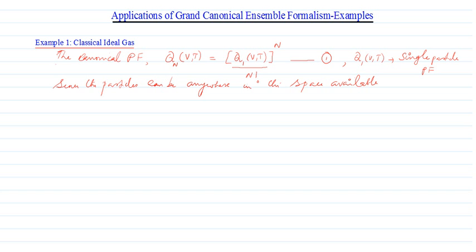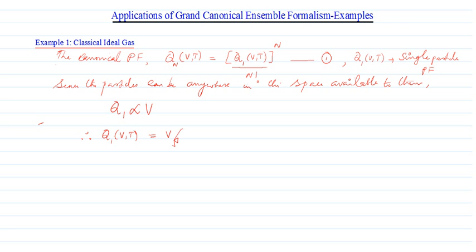So available to them, we can write Q1 is proportional to V, the entire volume V. So we have just written Q1 is a function of V and T, and we can see the functional dependence is directly proportional to V. Therefore, we can write Q1 of V, T can now be written specifically as, I'm separating out V,